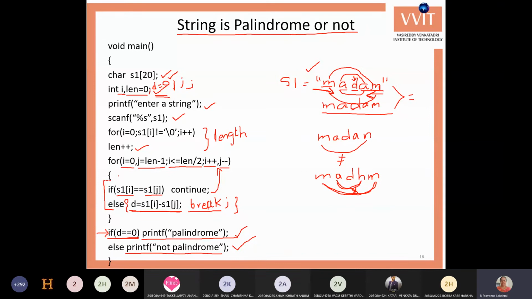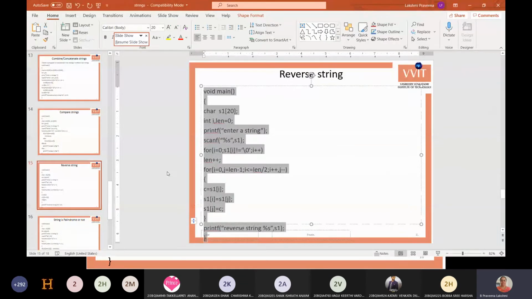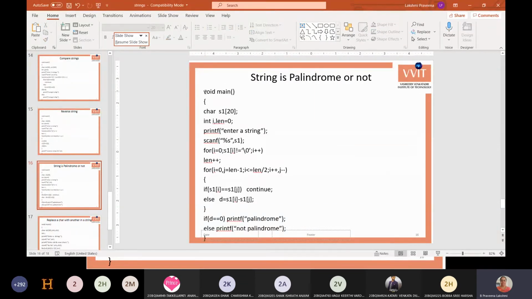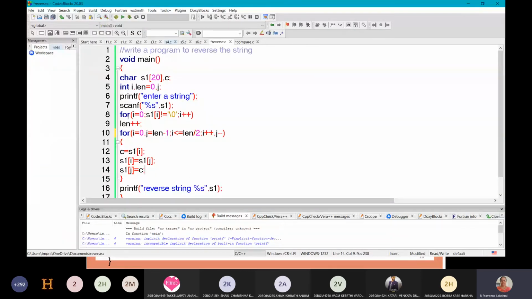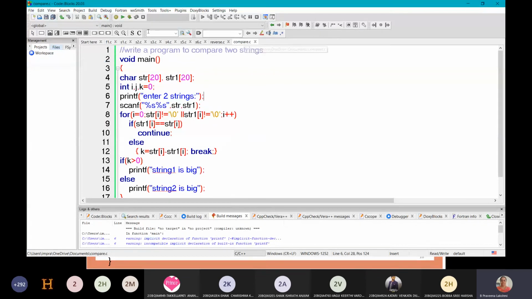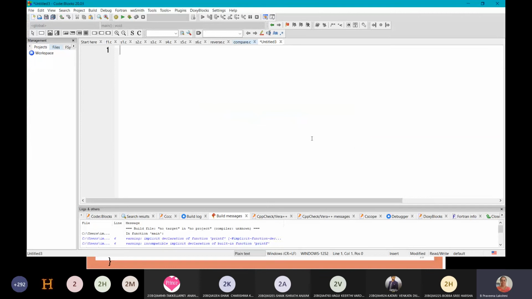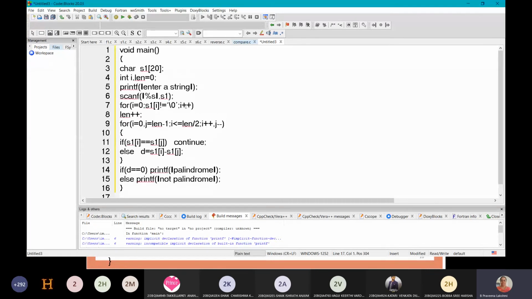Now we'll execute it with the Code::Blocks. Take a new file. So void main, length and more variables.